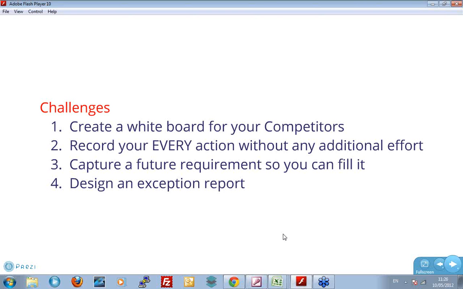My final challenge is a really simple one. Design an exception report. Exception reports are by far and away the most underutilized but most useful type of reporting out there. Think of it, you can do it in all sorts of different ways. Think of it from a point of view of just saying information that's not properly captured. What about if you have candidates that register with you, but you don't capture the type of information that you want from them? Say you don't get references from them. Say you don't get leads for vacancies. Say you don't simply ask the question, what happens if you get a new job? What's your current employer going to do?